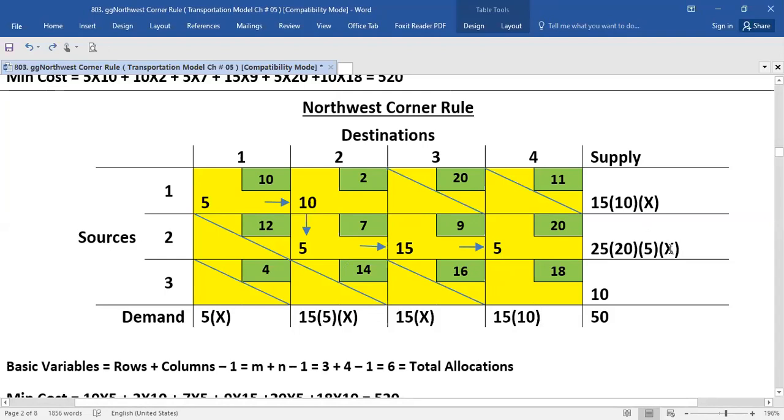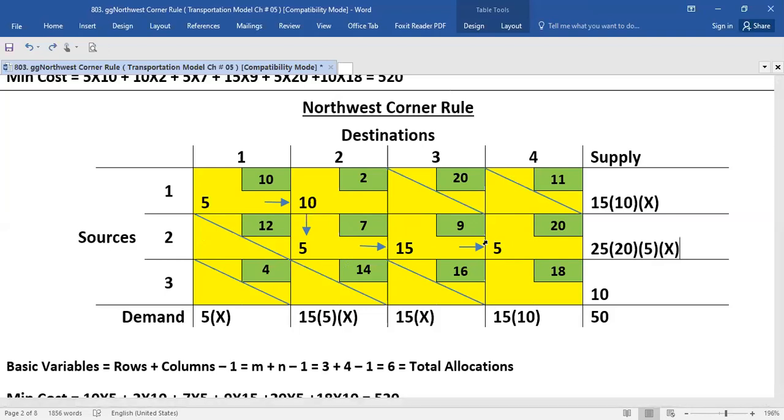As I have earlier told you, when there is a cross sign in a row or column, you will fill the blank cells if there are any blank cells in that row or column. So if you check here, no cell is blank, so you cannot put cross or a line. Now as this allocation is complete, you will move for the next allocation.